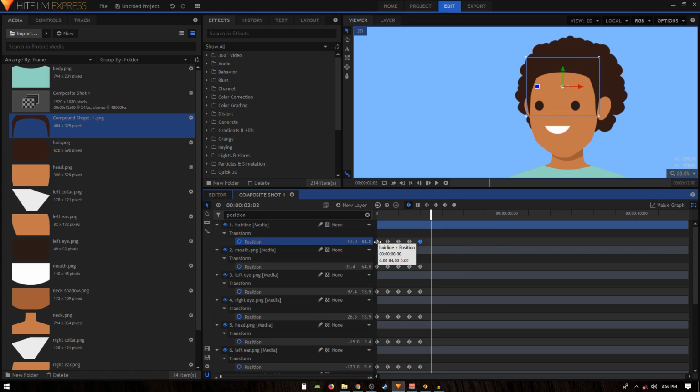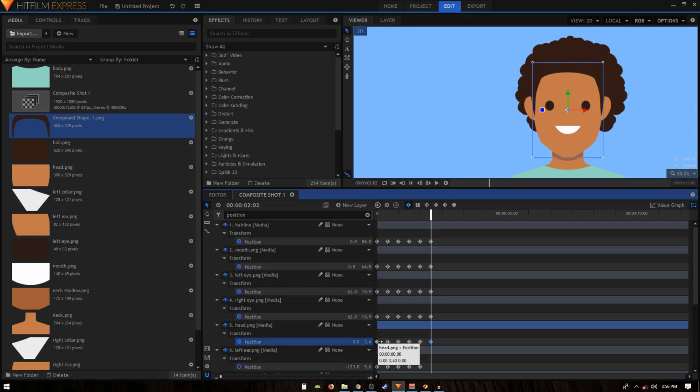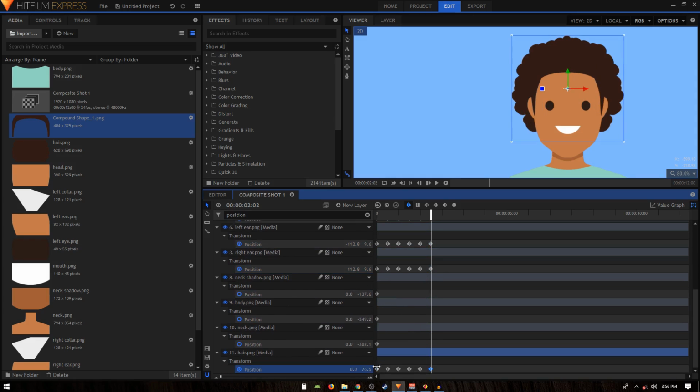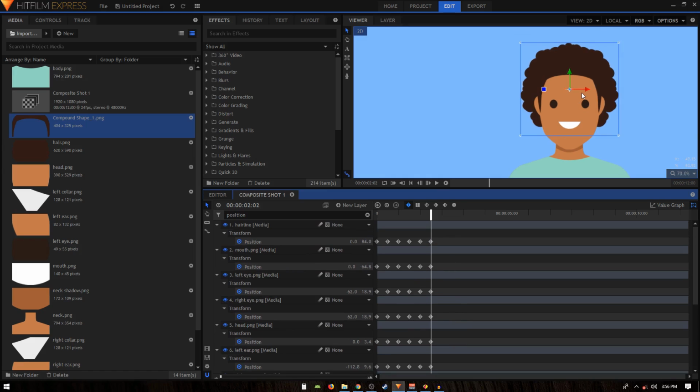So again, I'm going to copy the first keyframe and paste it at the playhead, like so, and just keep on doing that, copy and paste. Now it's back to its original position, and now we can again select the right eye,